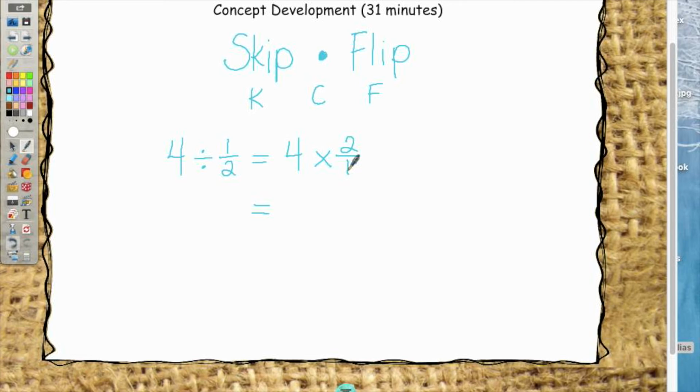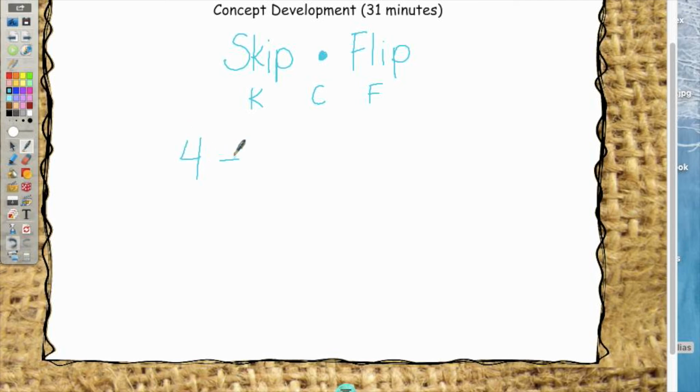Now, we all know that this is actually a whole number. 2 divided by 1 is what? 2. So what's 4 times 2? 8. That's your answer. Skip, dot, flip. Keep, change, flip. Okay, so let's do another one. You won't be able to erase, so just move down. Okay? All right. Let's do